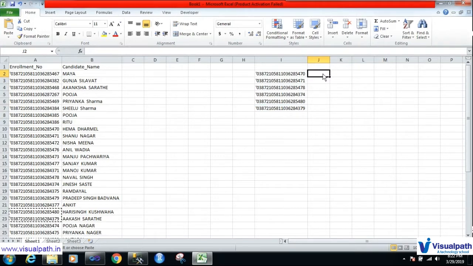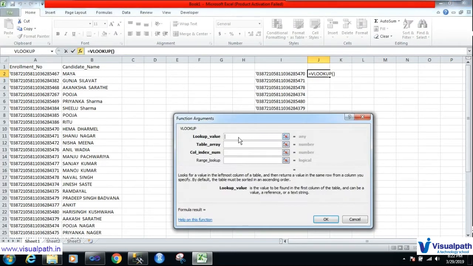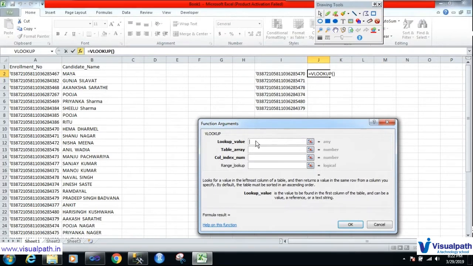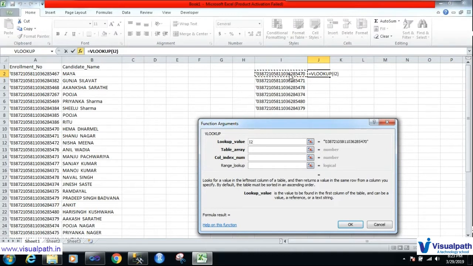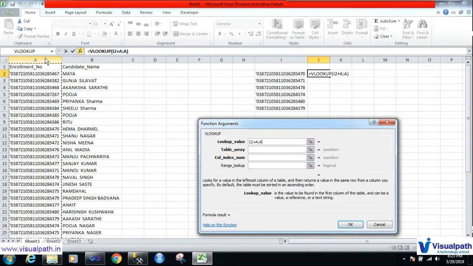I will type VLOOKUP and go to the function. It is asking for the lookup value. This is the lookup value, I'm looking for this value. So let me take this value. Now the second thing is the table array, where you want to look. I want to look in these fields, so I will take the table array as,